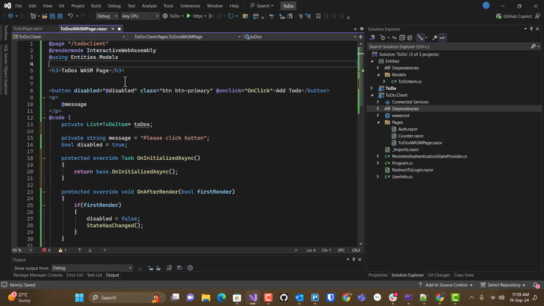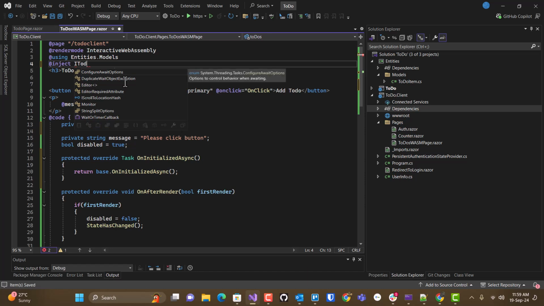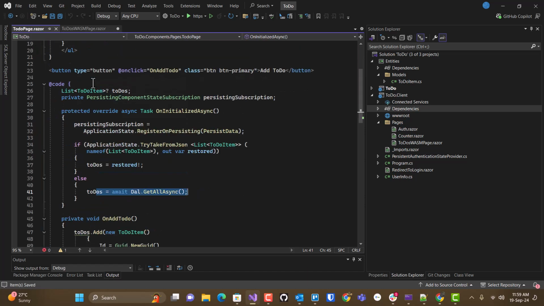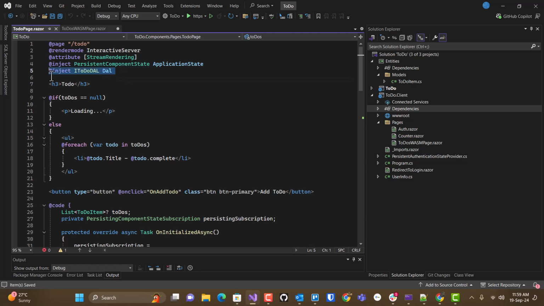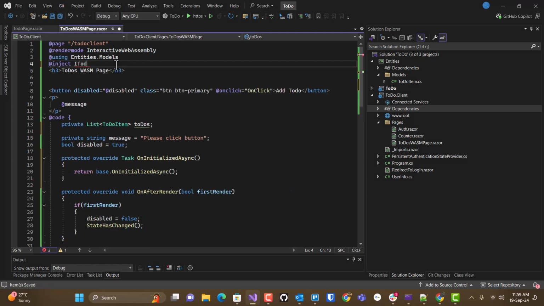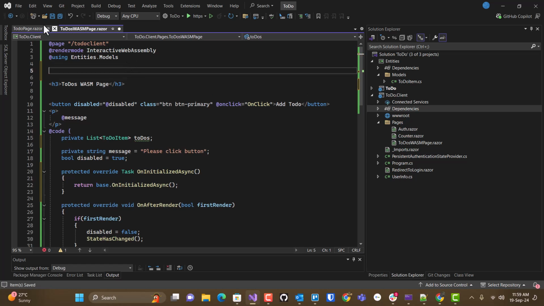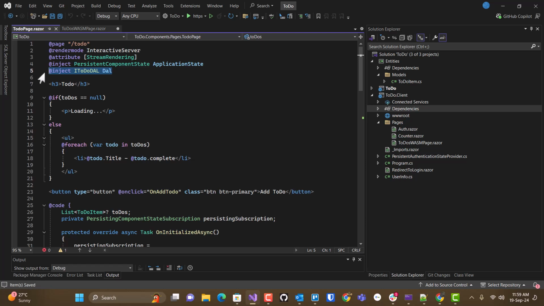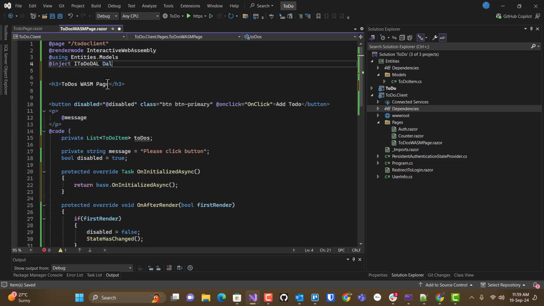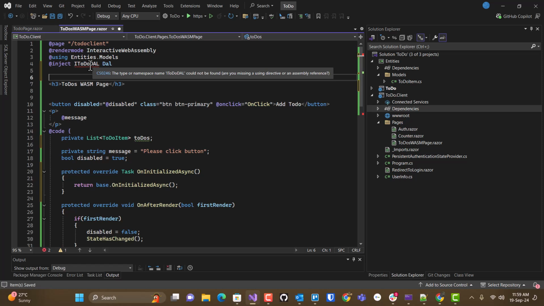So let's see, can I inject my IToDoDAL, let's see, how did I write it? Can I inject this here? Well, it doesn't know what an IToDoDAL is. Okay. Well, you know what? It's going to need the same type of data access, so